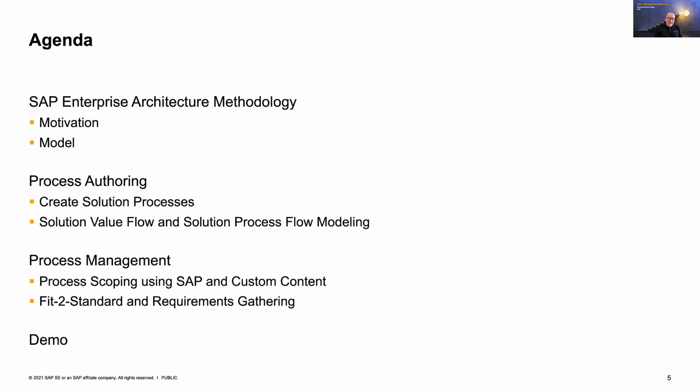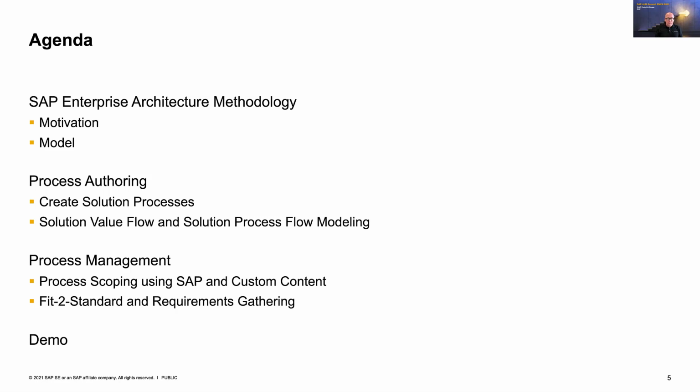What we will add very soon is also the possibility to model solution process flows, which is essentially BPM modeling. And I think it's also worth a little demo, so it will be a little bit of a lab preview, so that you can also get an impression how the process modeling portion in Cloud ALM will look like.